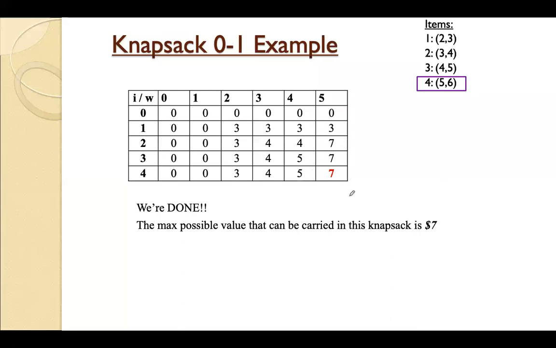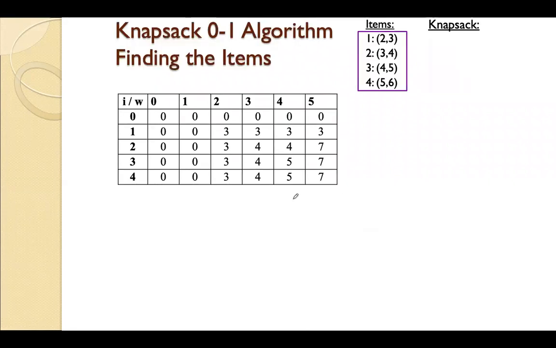Next thing is we have to check which are the items we got when we arrived at 7. See, maximum profit is 7. Next, we have to find out the items that we have considered in our knapsack. As I said, take the last item and compare it with the item above. We'll compare these two. They are same. Next, go above and compare these two. Again, they are same. Again, go one more row up.